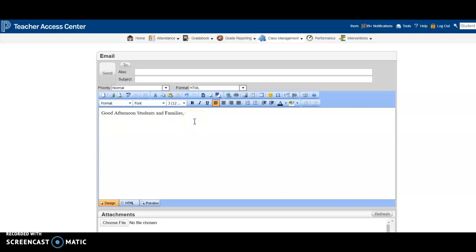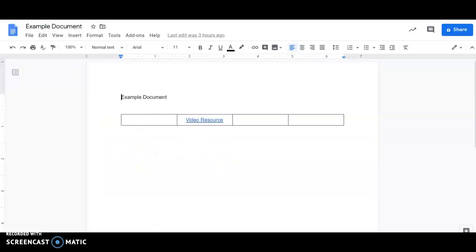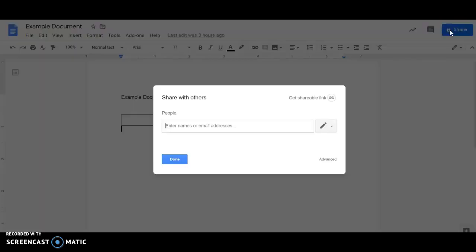This video highlights specific steps for sharing Google Documents and resources within your email as you send that out through eSchool. So the first thing we're going to want to do is make sure we've done our due diligence to share the Google Doc or slides or resource itself. You can see that they default to private, so we're going to want to make sure to click Share, Get Shareable Link,